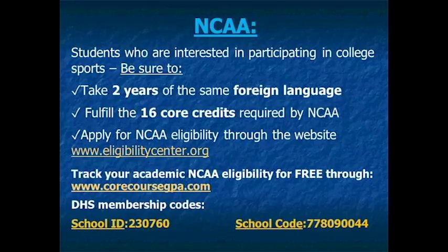The first step involves applying for eligibility at the NCAA Eligibility Center. This can be done on the website eligibilitycenter.org. If you do not request eligibility through the NCAA Eligibility Center, you will not qualify to play sports at a D1 or D2 institution. If you would like to track your NCAA eligibility status, please create an account utilizing the